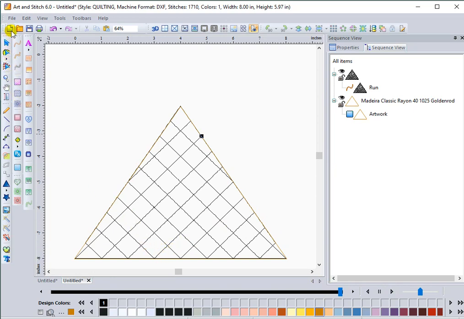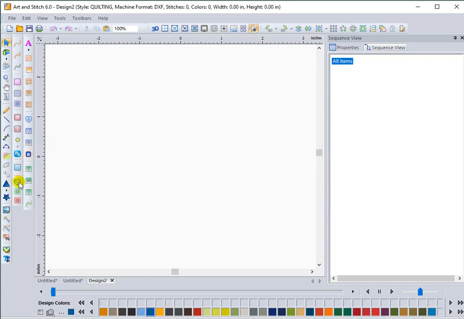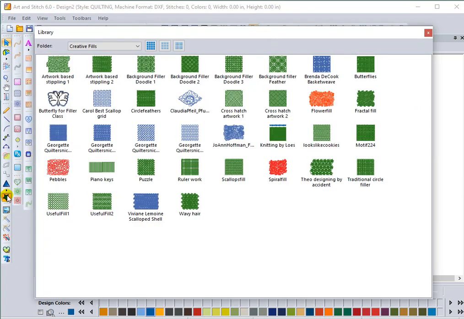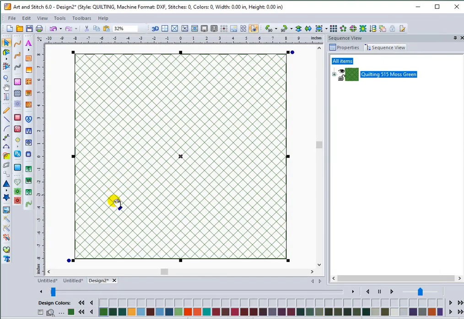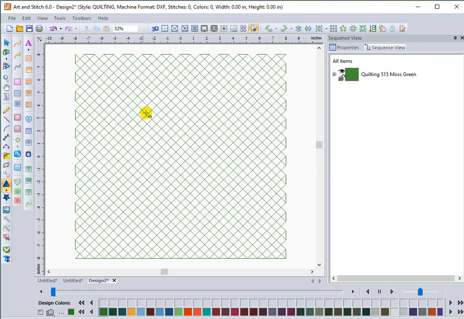Let's go to a new page. I'm going to show you another way. If you go under the libraries and under the creative fills, there are crosshatch pieces in here. There's a sort of curved crosshatch, and then there's more of a square crosshatch. And again, I'm going to take that triangular tool. So I wouldn't need that block